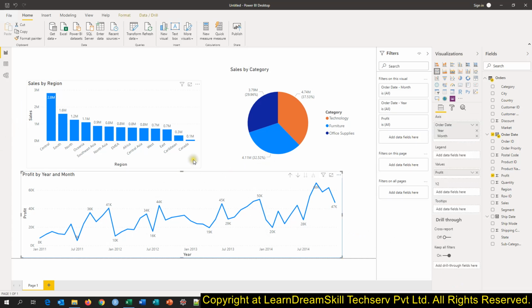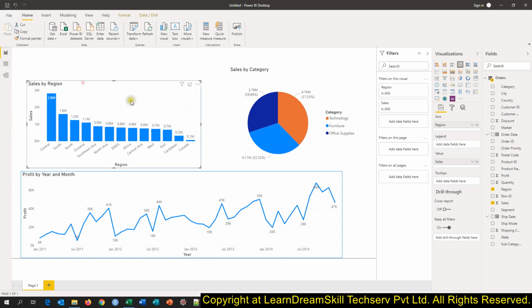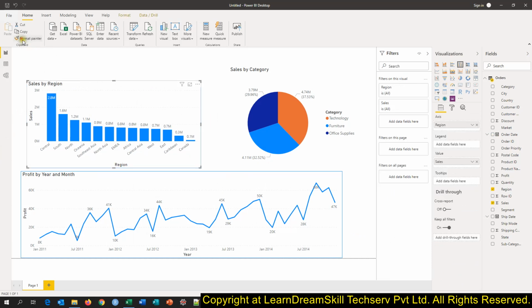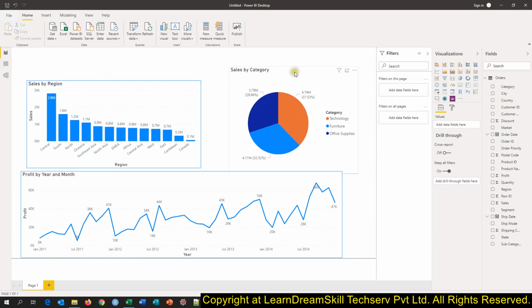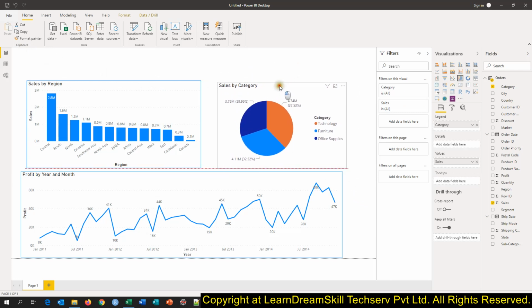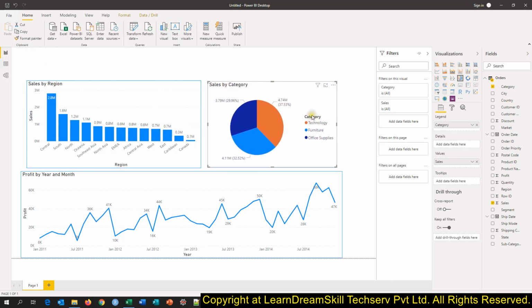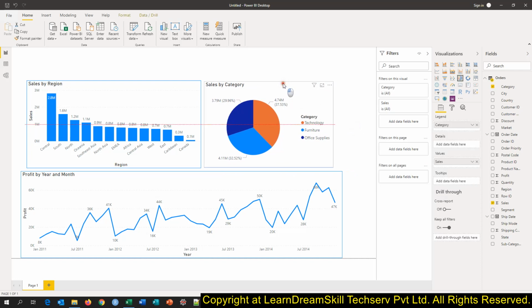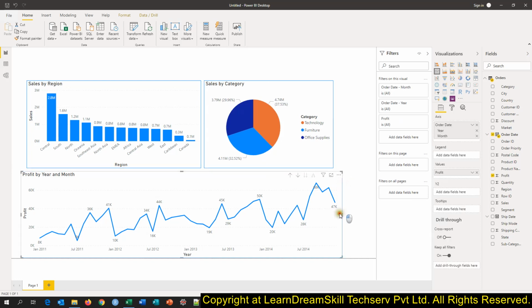We can select this chart, format painter, apply this here. See, border is added here as well. I again select this, format painter, apply this. See, border is added here as well. So this way we see it is quite cool to create any dashboard in Power BI. So we have got our Power BI dashboard created quickly, and it is mainly showing the same data as we were showing there in Excel.